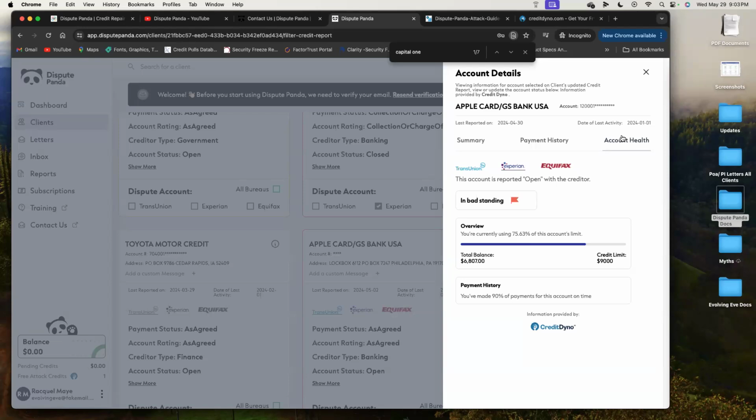So if you're hitting the trifecta, you're paying on time, you're keeping your utilization low, and your accounts have a good age to them, more than 7 or 10 years old, just those three factors, you're getting over 400 plus points, right? So you want to have that clear dialogue with them to be able to maneuver.